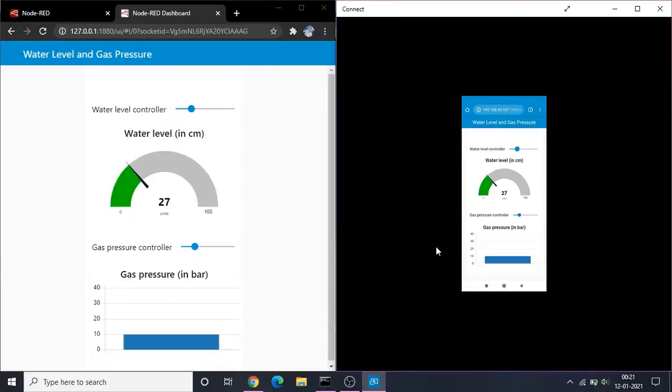So after typing in the TCP/IP address of the network I am connected to in my mobile browser, I have cast the screen of my mobile on my laptop. And now if I change the value of the water level in my mobile, you can clearly see that it gets changed on my laptop too.